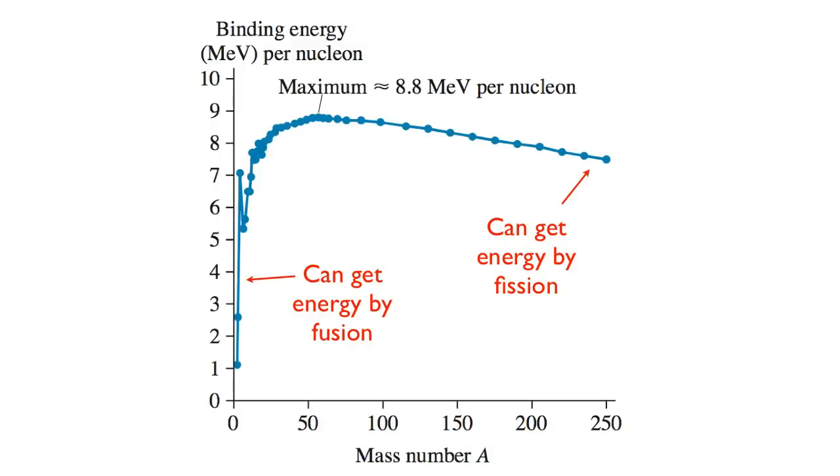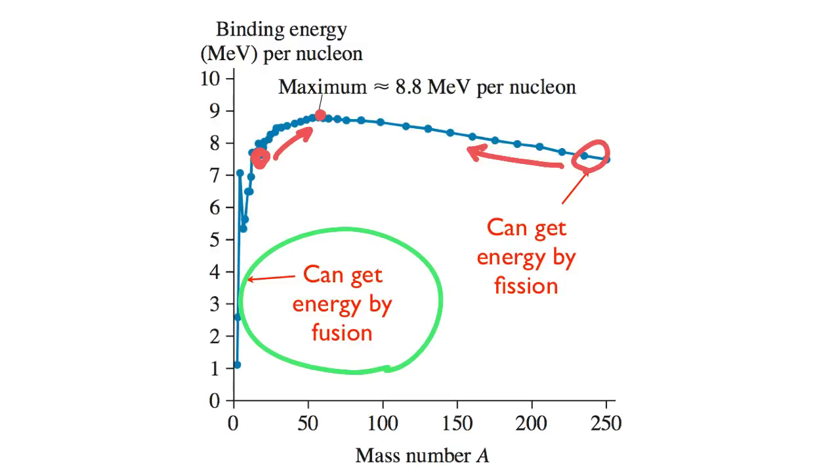Now, if we look at the curve of binding energy for nucleons, it looks like this, okay? The lightweight atoms have low binding energy. The heavyweight atoms have low binding energy. The maximum is right here at iron 56. If I have lightweight atoms and I combine them into heavier atoms, I get energy out. If I have heavy atoms and I bust them up into smaller atoms, I get energy out. I can get energy by fusing the lightweight atoms or by fissioning the heavyweight atoms. And that's how you get energy, by fusion or fission in nuclear reactions.